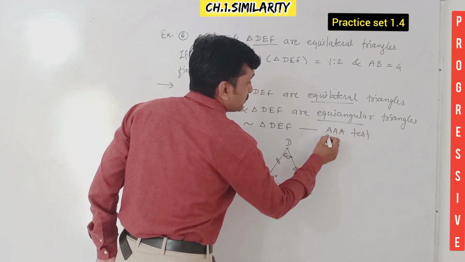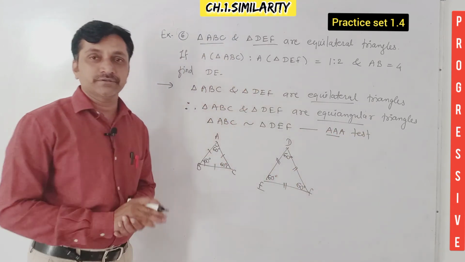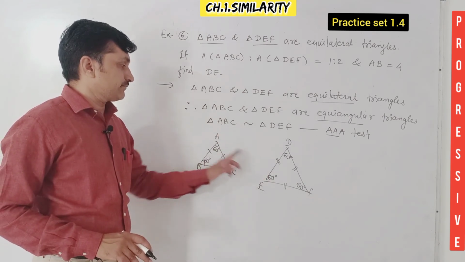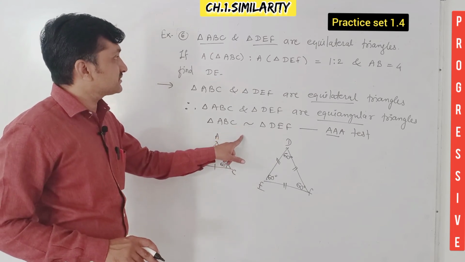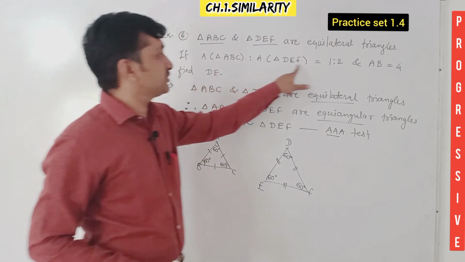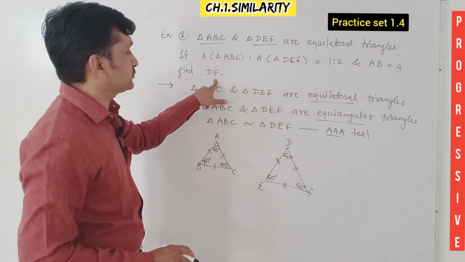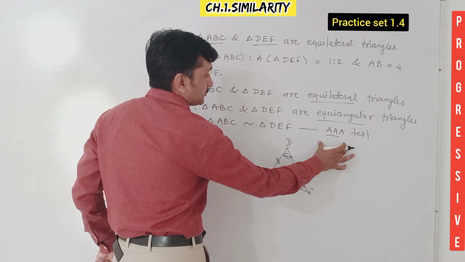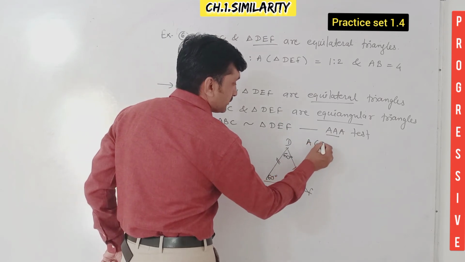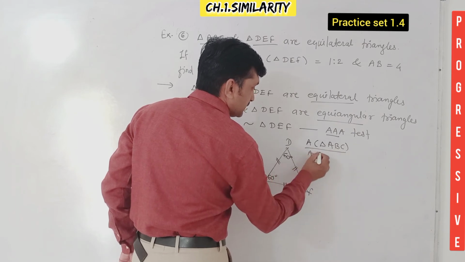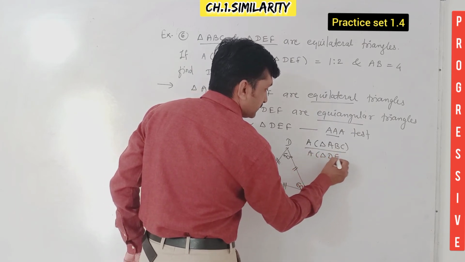If you write only AAA test, then also correct. Now triangles are similar. If triangles are similar, use the theorem, because here ratio of areas is given, AB is given and DE is also to find. Therefore I continue here: triangles are similar, then area of triangle ABC upon area of triangle DEF is equal